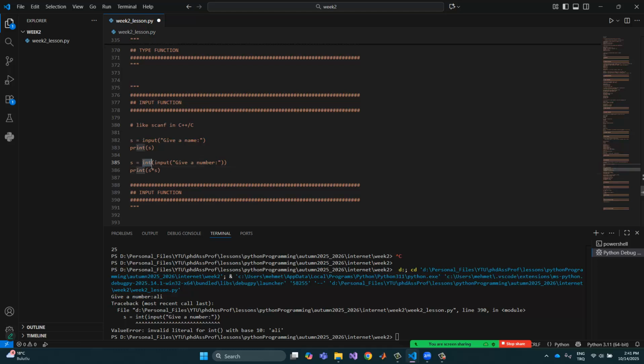Then we can multiply these values. For example, I can give 5, and this string converts into integer. But if I give this input Ali, it cannot be converted into numerical values, and so this gives us the error. Okay,